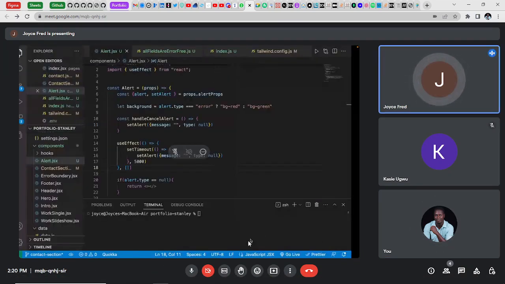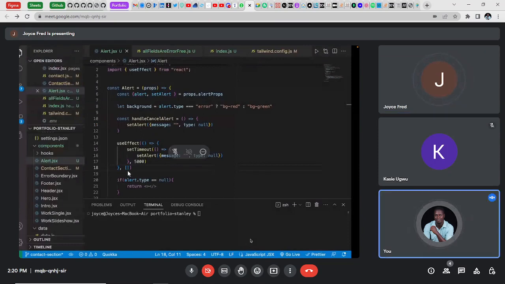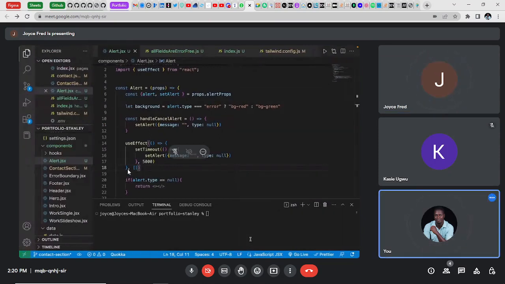Yes, it did. So that's the function of this useEffect. Whenever the component loads up, after 5 seconds, it should go away again. Okay. So